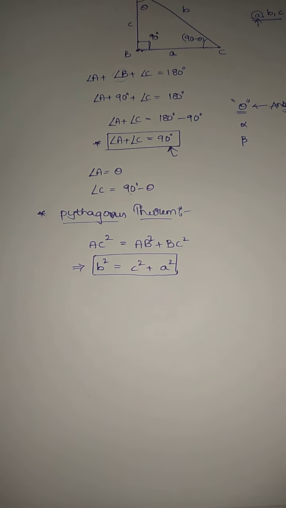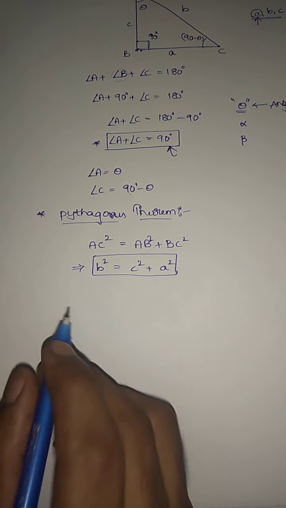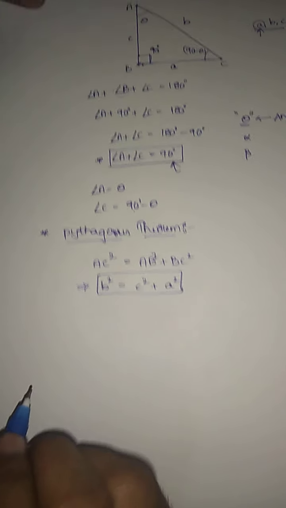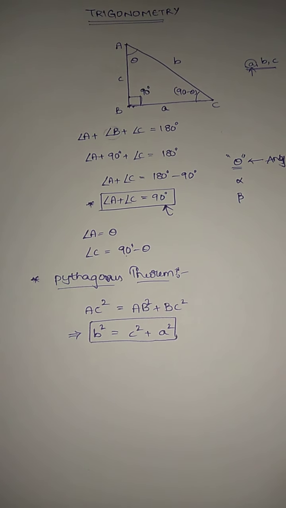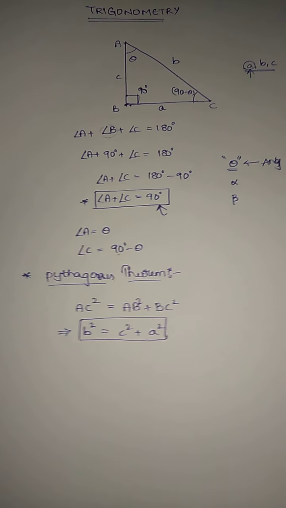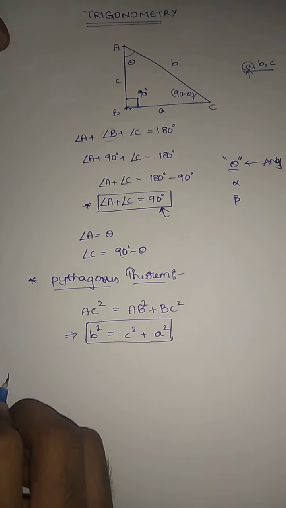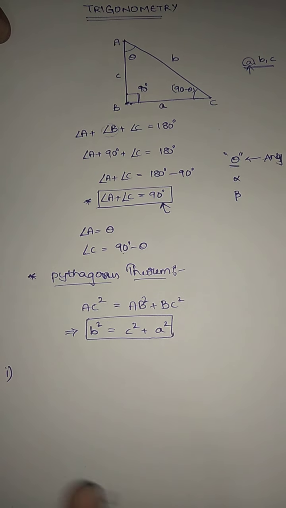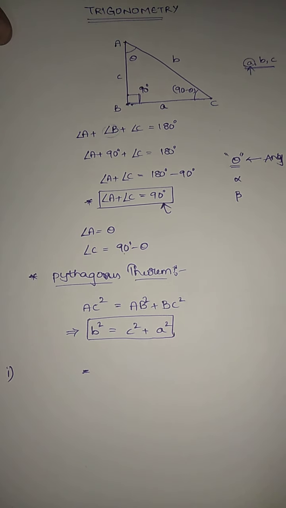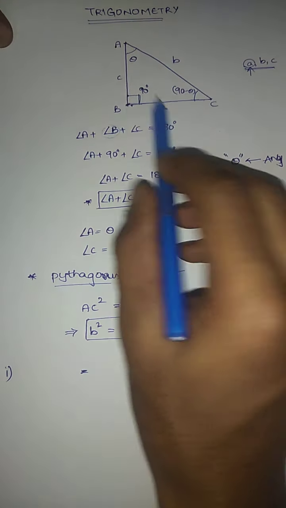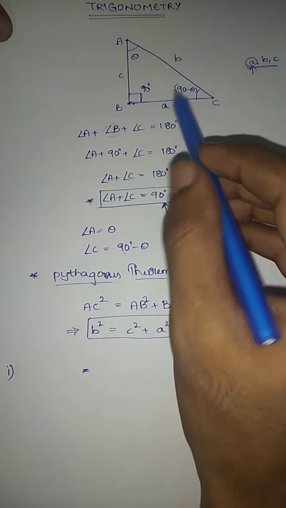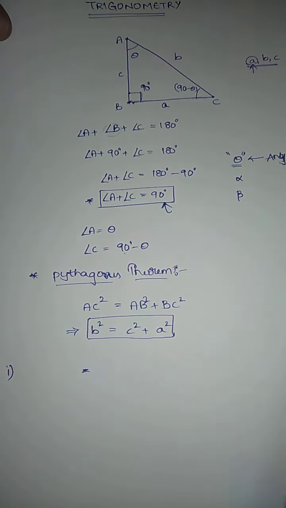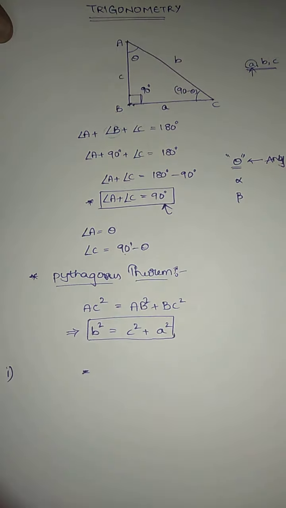Let us quickly write the trigonometric ratios. I'll explain what it means. Let us write the possible ratios. What does a ratio mean? A ratio is nothing but the division of two quantities. The quantity here is sides. We are going to take the ratio of the sides. The available sides are small a, small b, small c. Let us write all the possible ratios.